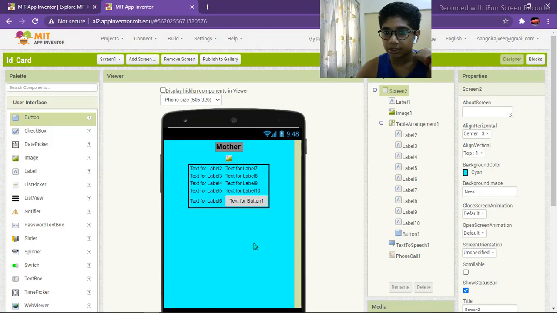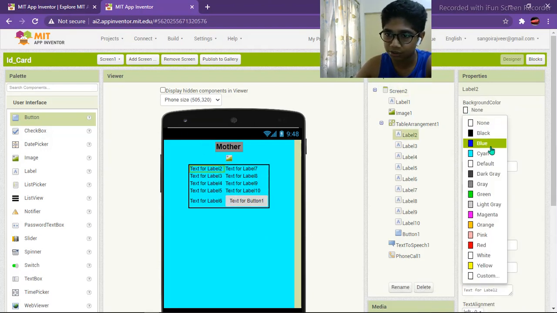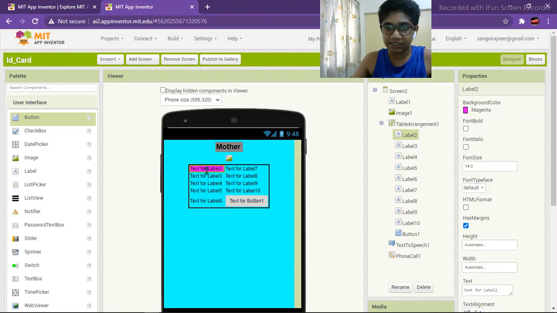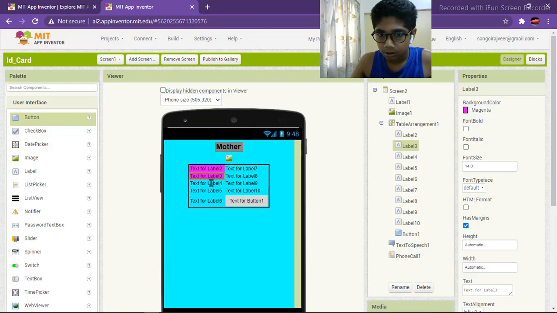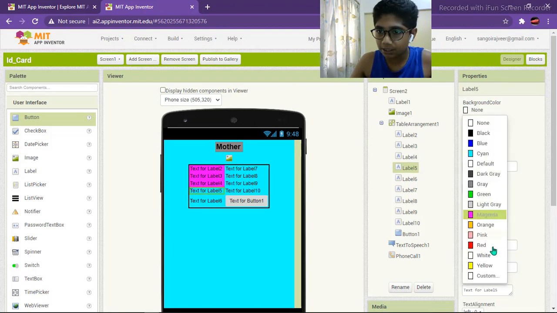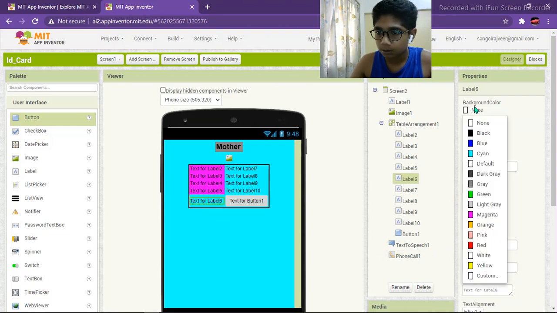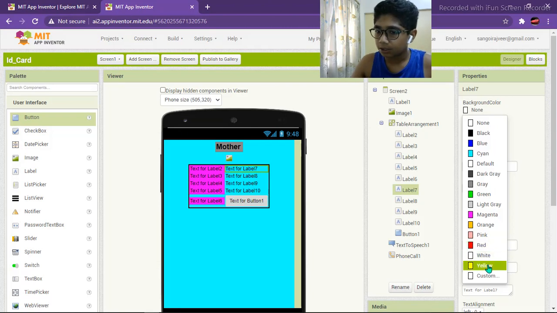So now it is not looking good. So for that we will change the background color first. So this side, which is the left side, I will make the color magenta. So everything is magenta. And for this side, which is the right side, I will make it yellow.